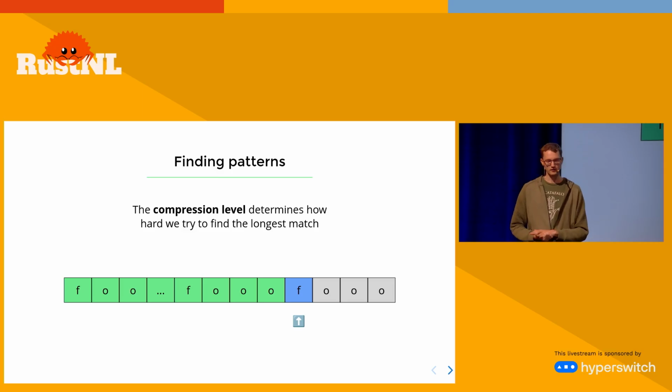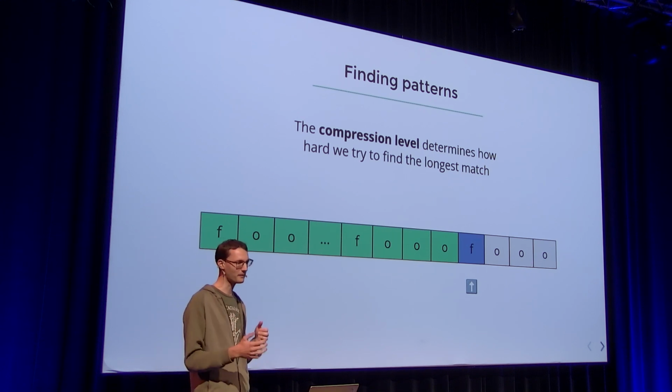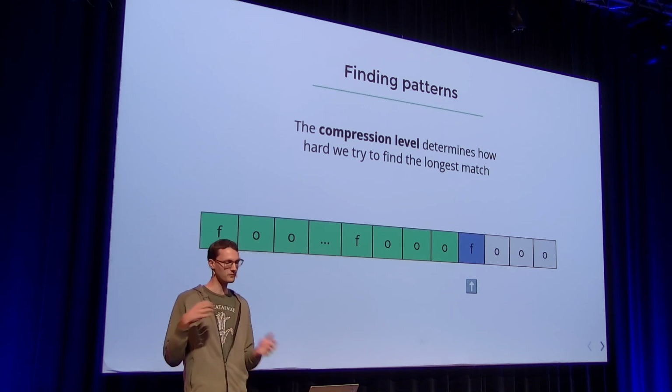Similarly, the compression level is another user tunable parameter, and this is roughly a measure for how hard we're going to try to find the longest, the sort of optimal match in our window. So here, if we search our window from left to right, we find a 3-character match, and we have to decide: are we going to continue to search to find a 4, 5, potentially a 100-character match, or are we going to just stop here and not waste any more time and move on to the next character